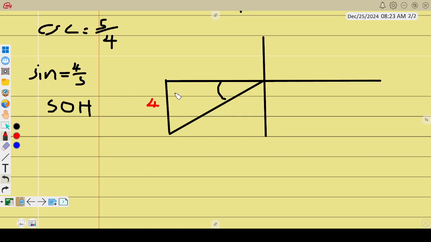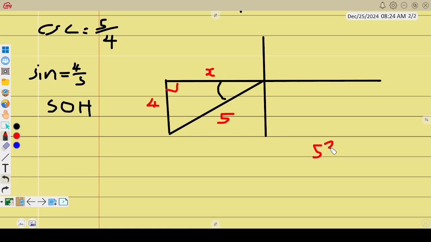And then the hypotenuse is opposite to the 90 degrees. So the hypotenuse is 5. So you can find the adjacent. And how do you find the adjacent, you simply say,